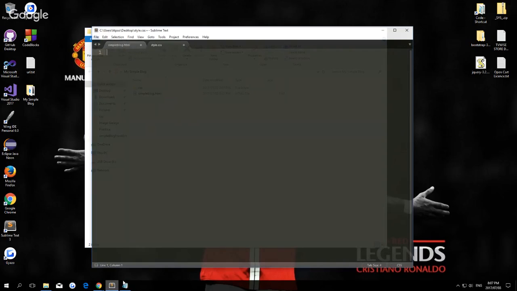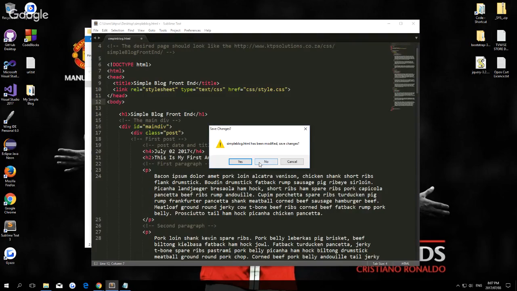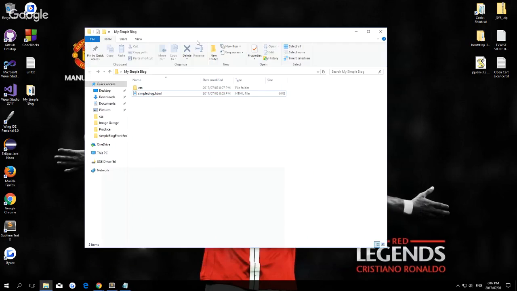What it should be named as, let me just close these. They're not being found in Sublime Text because we moved the location. So what simpleblog.html should be named is, we rename it,